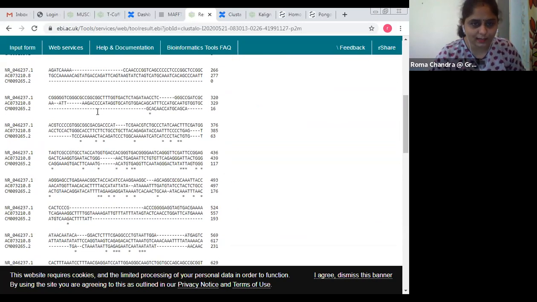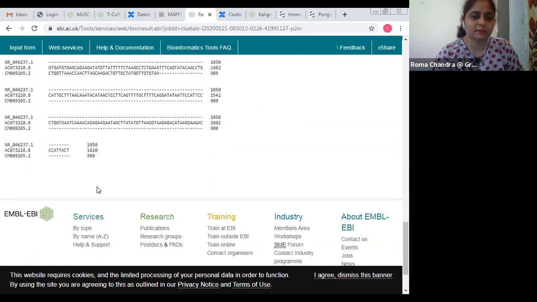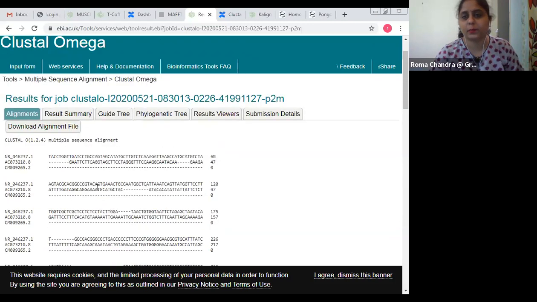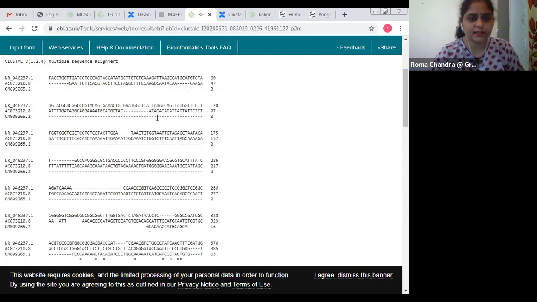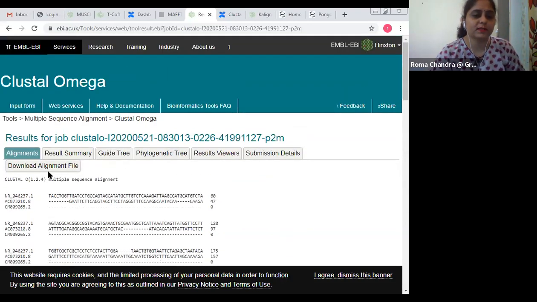You can easily see the dashes. The stars actually represent the matches. For the rest, you can see the possibility of matching between these 3 sequences is very low. That can be because I've taken only a portion of the sequence, not the whole sequences for all these 3, but you can see the alignment. Here you can see some gaps because the tool is trying to search out all the possible similar regions. Wherever it can put gaps, considering the indel condition, it will put them and try to find the similar regions. So this is a kind of multiple sequence alignment result.